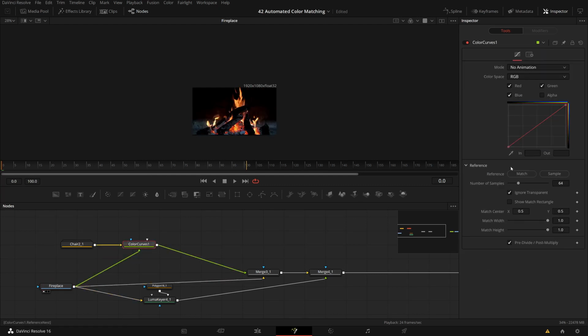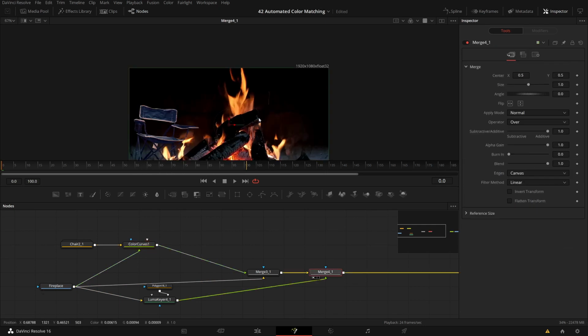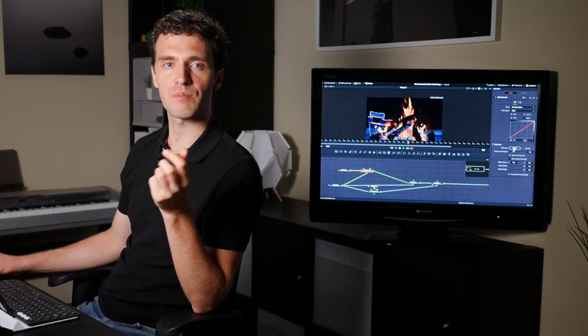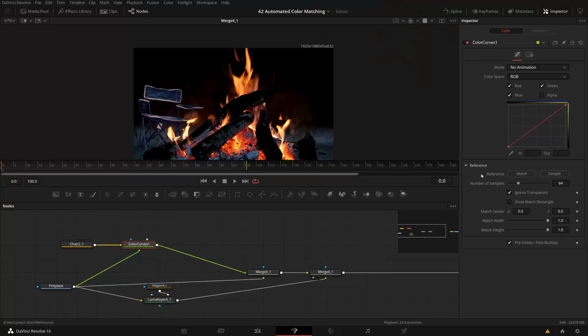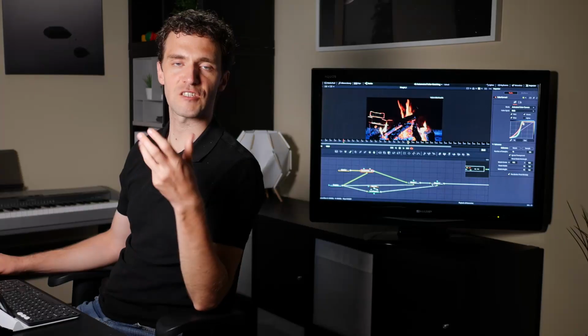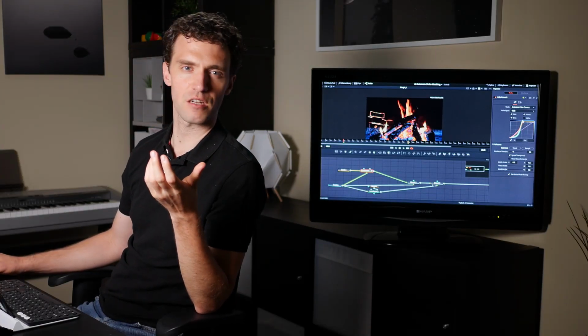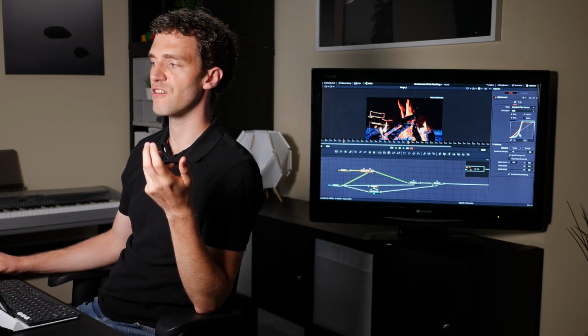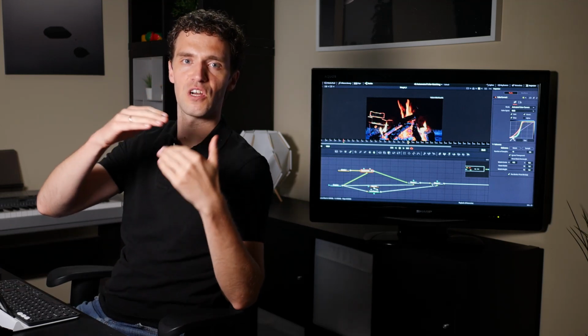Now back to the curves tool, I have the reference here as well. Now the thing is, with the curves tool, I do have this match button, but it does not match over time. So this is a static match. Even if you go here to animate it, you can go to animated color correct. And then let's say on frame 30, I can click on match, and it is now matching the curves. So it's pretty much the same thing, but I don't see the histogram. I directly see the correction curves that I used to do the matching.